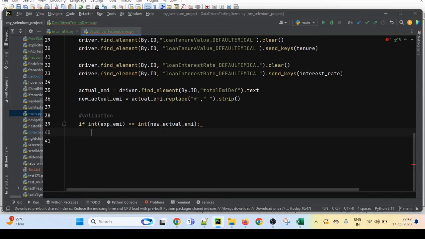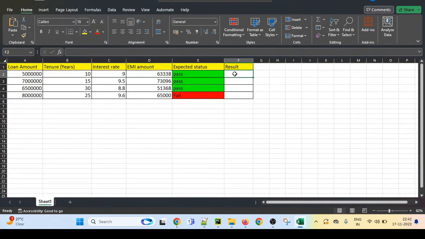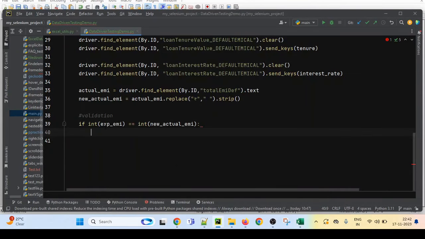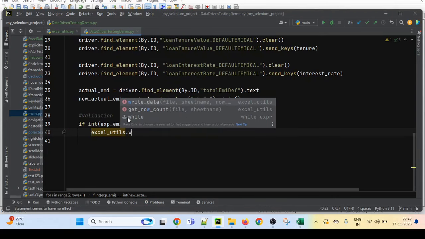Then what action do we have to do? If both the values are matching, we have to update this result. We have to write Pass here, right? We have to write the Pass as text along with green color filling into this cell. So for that, if the expected EMI value matches with the new actual EMI value, then we will write. How to write? Excel utils dot write data method,